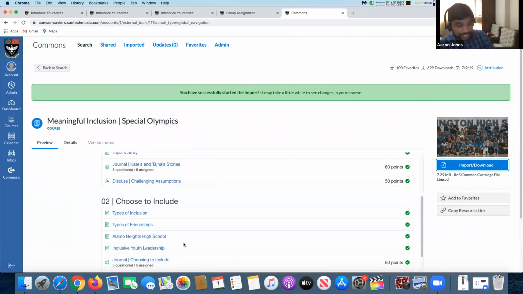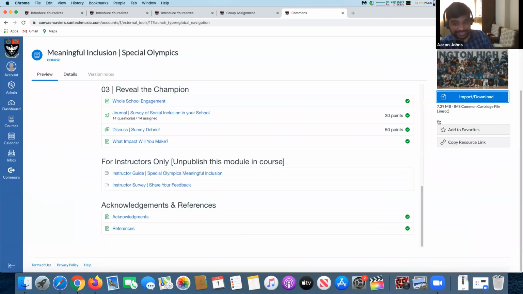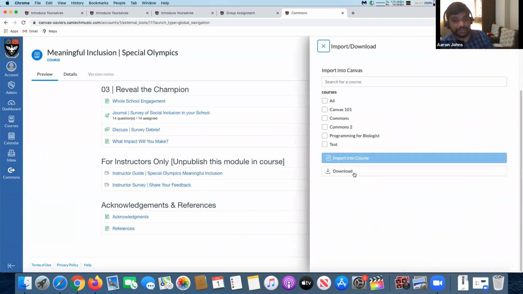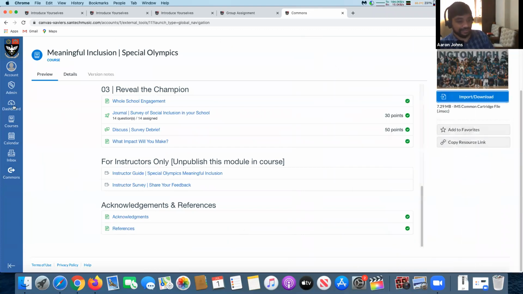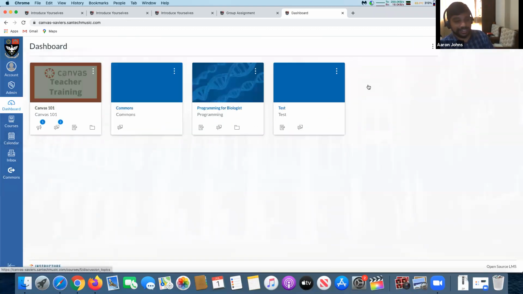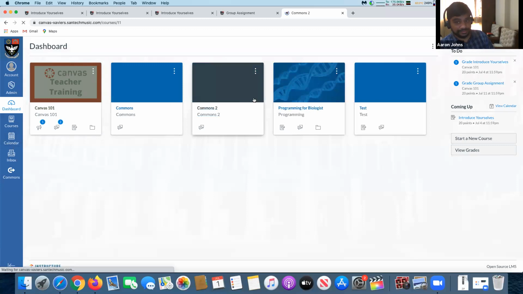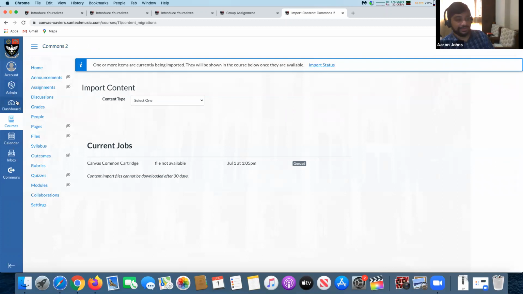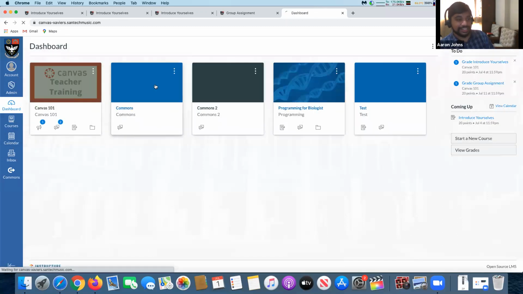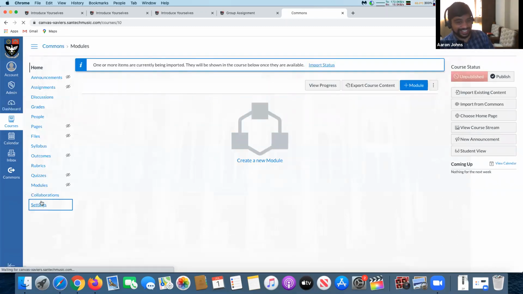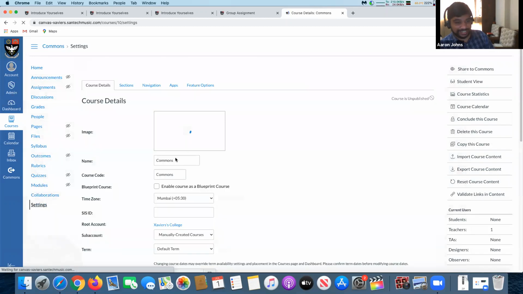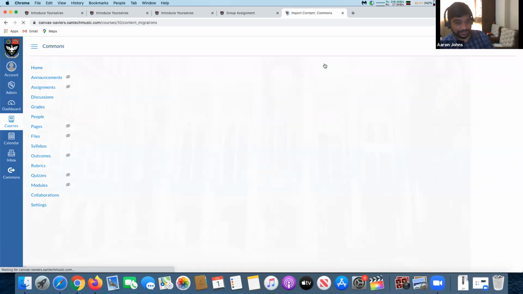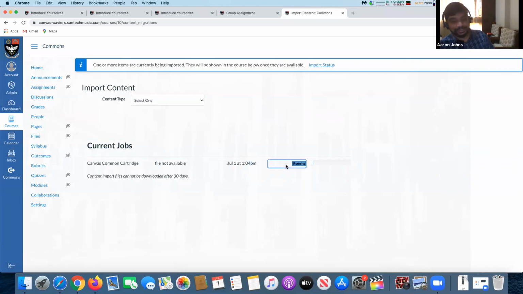So you can review the content over here and then import it into your system. Or you can download it separately and import it into your course. And that way you can actually have more control. So let's see the import status. It's queued over here, because in reality it can't do many imports directly. So it's running over here. Once this is imported, then you'll have full access to this course.